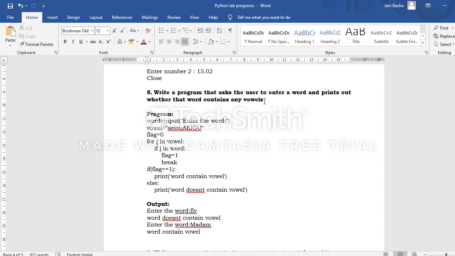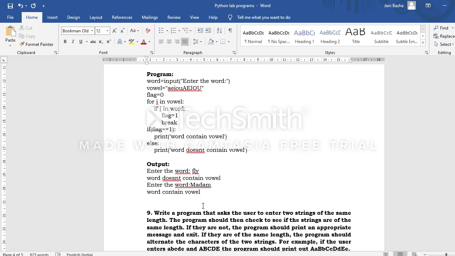If that word contains vowels, A, E, I, O, U, whether in small letters or capital letters, then we have to print a message saying that the word contains a vowel. Otherwise, print a message saying that the word doesn't contain any vowels.